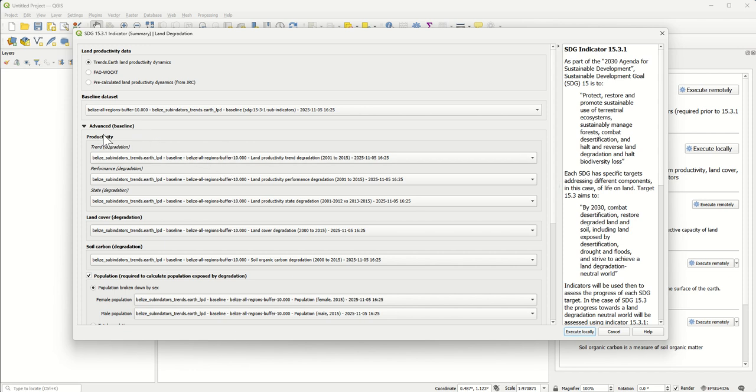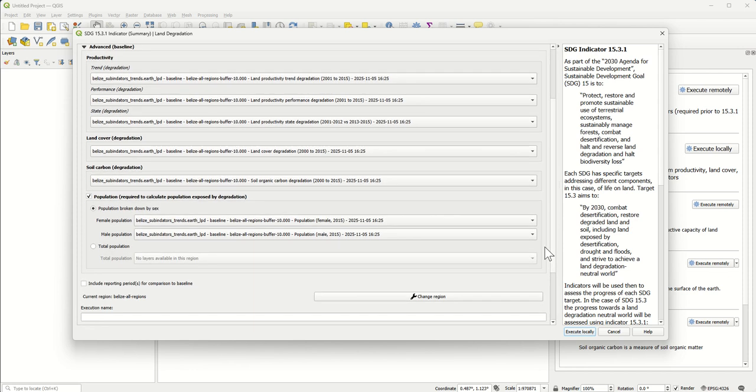For productivity, we have the trend, performance, and state metrics. So we can see that this is the baseline trend, this is the baseline productivity performance, and this is the baseline state metric. For land cover, we can also match the baseline land cover degradation, and the baseline soil organic carbon degradation.